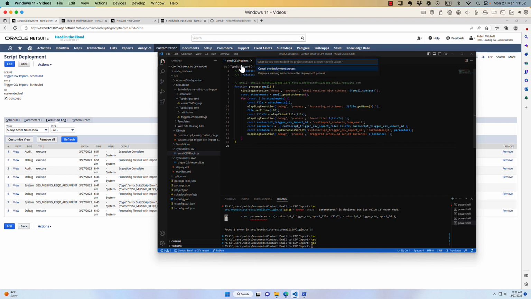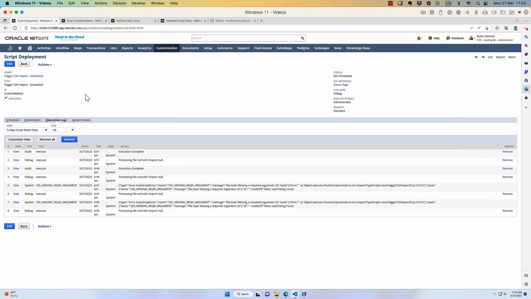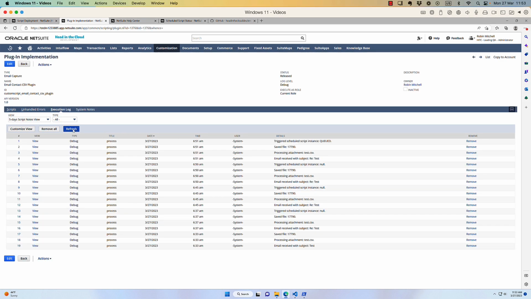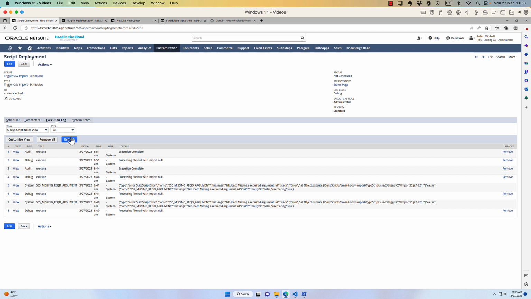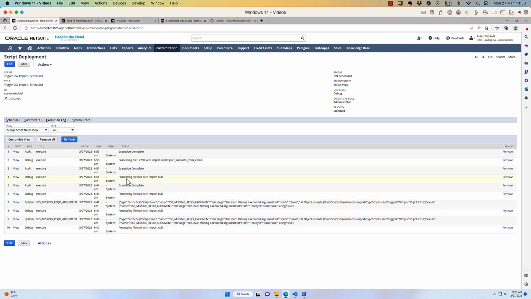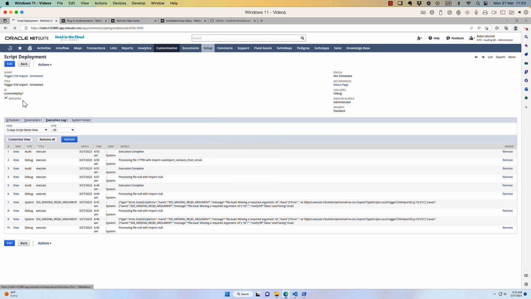Do upload deploy project, and I'm going to send my file in one last time. Okay, now let's see if it triggers it. Okay, there we go. And then on the scheduled script, we see that we have the file and the import now. And if I check my CSV import status,